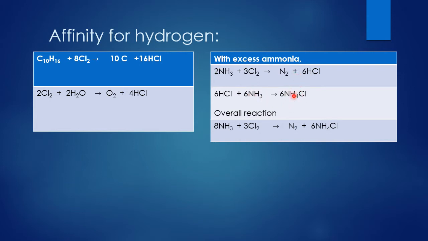Now you are going to sum up these reactions. So you will get the overall reaction: here we have 2 ammonia and 6 ammonia, so I can make it as 8. I am going to add these two, so I'll get 8 ammonia and the 6 HCl. That 6 HCl on the reactant side and 6 HCl on the product side get cancelled, and here 3 chlorine gives nitrogen and ammonium chloride is